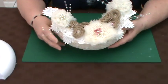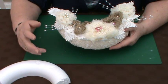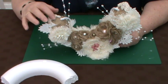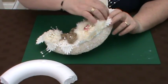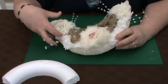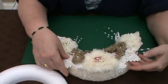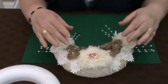I then covered the polystyrene with just some plain ordinary cotton material because I wanted a good anchor for things to glue to. Then I had some of the burlap or sacking and just cut it into pieces, shredded it, which I've laid all the way around the front part so any gaps would still be showing the sacking as it is on top here. I then placed some rather lovely heavy duty lace trim around the bottom,